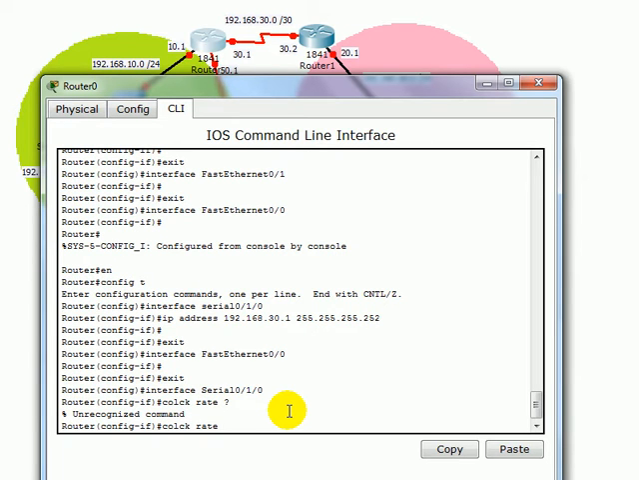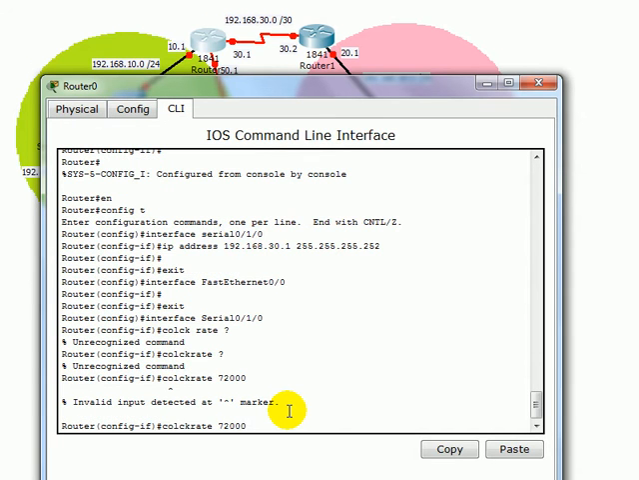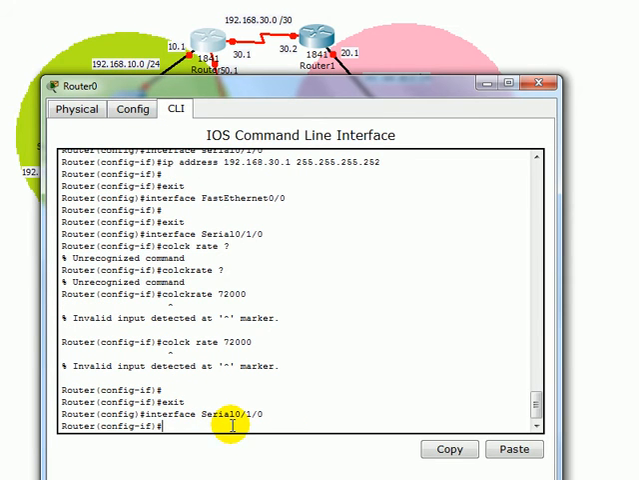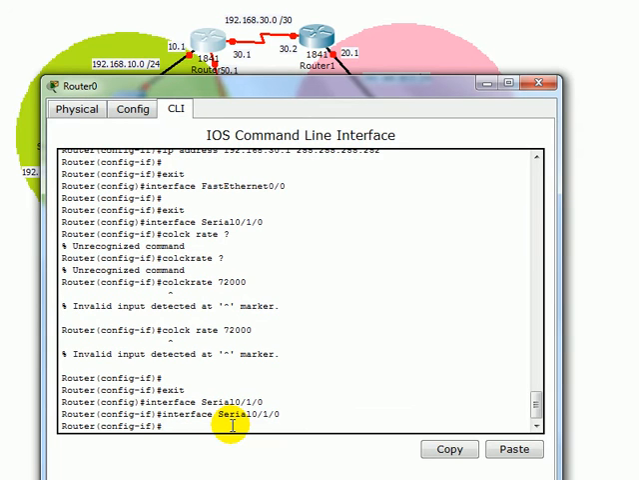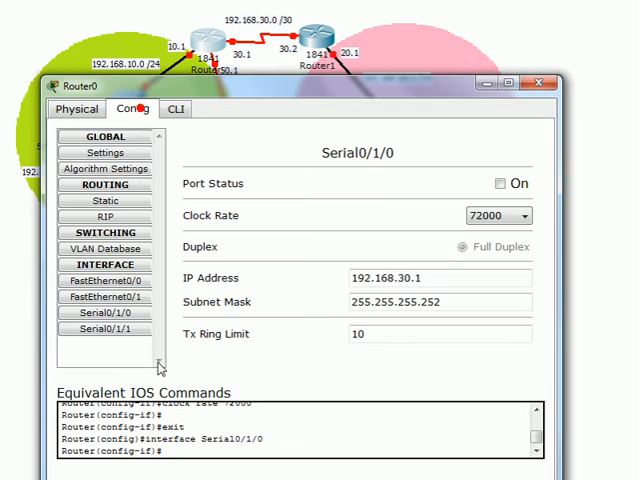Okay, we are in the interface. So again, we need to go to the interface as I said before, and here we say clock rate, and we just give it 72000. Everything is fine. If you go to the config and the interface,